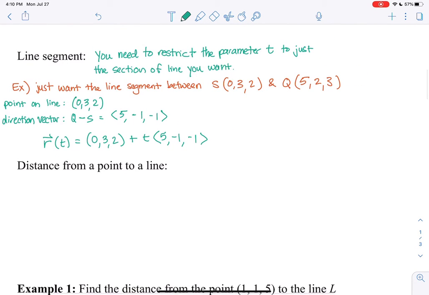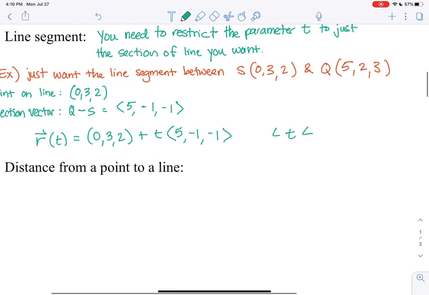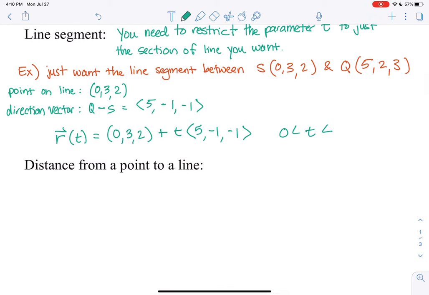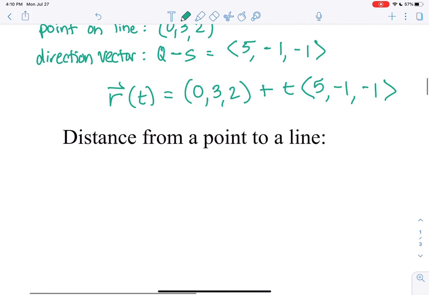Right, so we're going to bound the parameter, so it only goes between 0, 3, 2 and 5, 2, 3. And we know that the lower bound at S is just when t equals 0, right? If we plug in 0 for t, then you just get that point. And now, what do we need to plug in for t to get this terminal point, 5, 2, 3? Now it actually looks like if we plug in a 1 for t, then you'll get that point. Because you can imagine if you plug in 1 for t, r of 1 is going to be